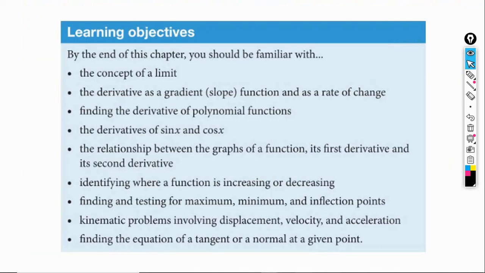And the first thing we're going to take a look at is the learning objectives. So what are they? First of all, we're going to look at the concept of limit. That's something that we're going to study today. Also, the derivative as a gradient or slope function as the rate of change. You might not be familiar with this terminology, but as you advance in the topic, you'll see that all this is quite simple. Finding the derivative of polynomial functions, the derivatives of sine and cosine, and these four topics we